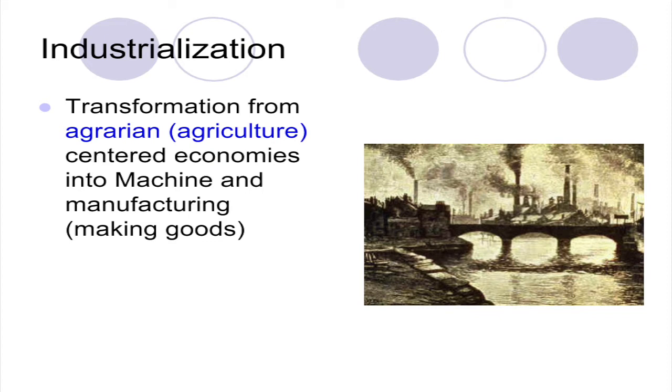Lots of big towns start to be created with lots of job opportunities. On the right-hand side, you can see there's a factory in the background with lots of smoke. This is a negative image of the Industrial Revolution, but they're creating all kinds of various products to sell. It could be creation of ships, it could be creation of clothing, it could be even just simple things that you would see in the normal household. So a very big time for creating goods.